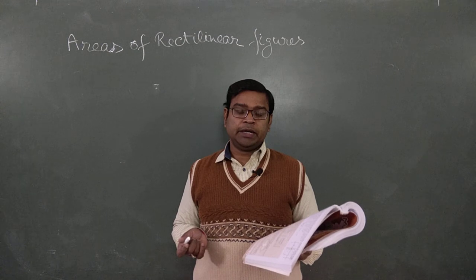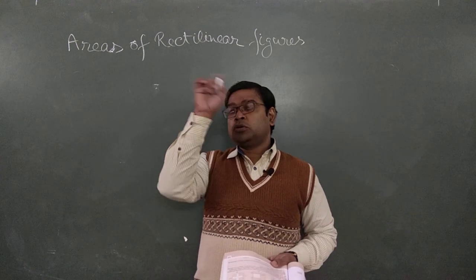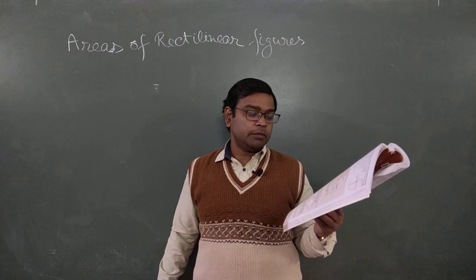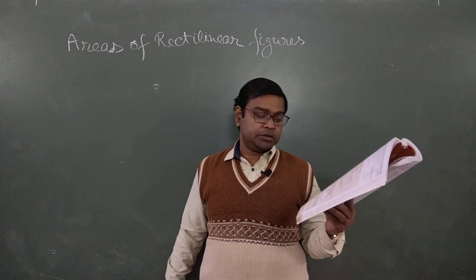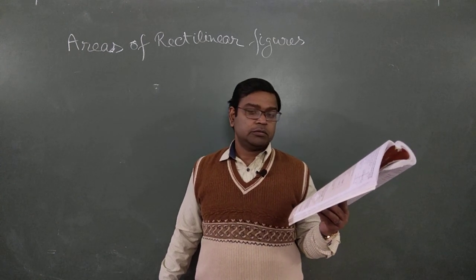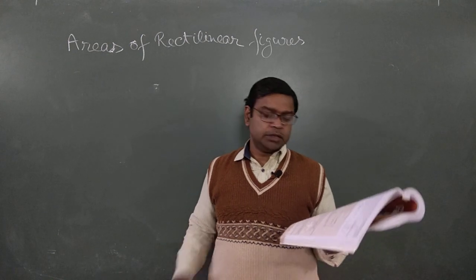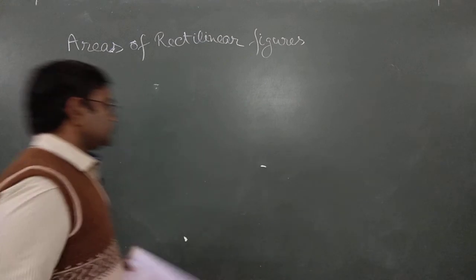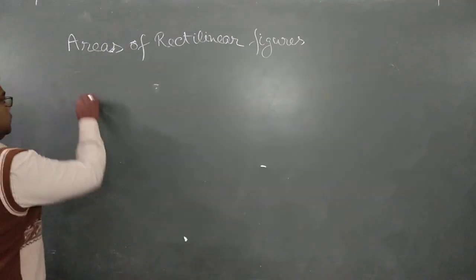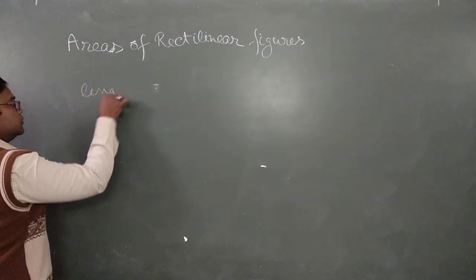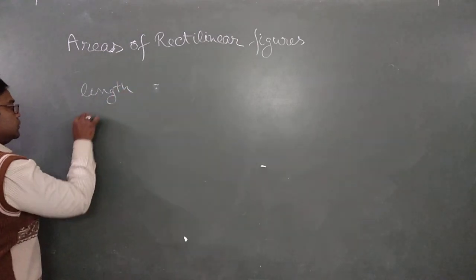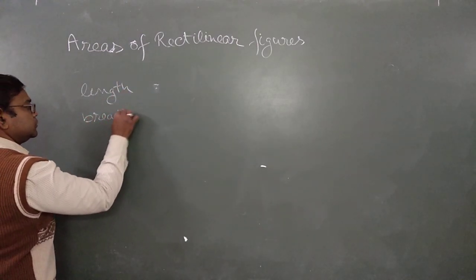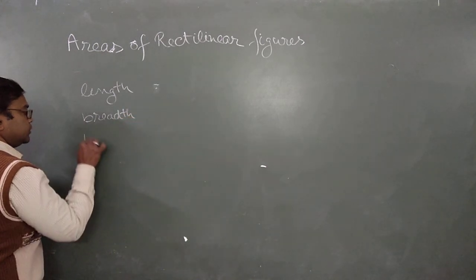And this is an open tank, means the top one is not needed to paint. If 1 kilogram of paint covers 20 square meters, find out the amount of paint. It is a little bit difficult one, but let me clear the concept. First, what is given to you? Write down length, breadth and height.